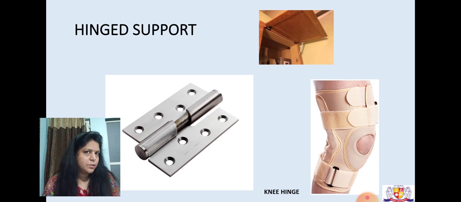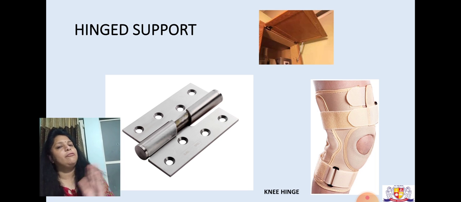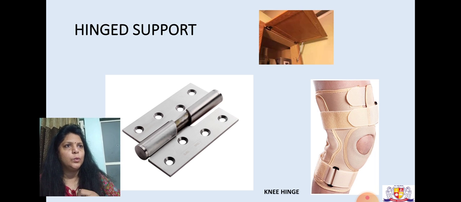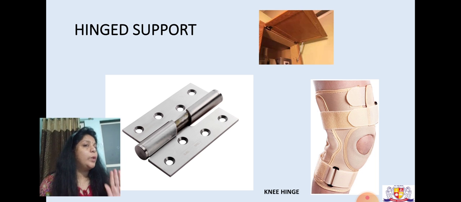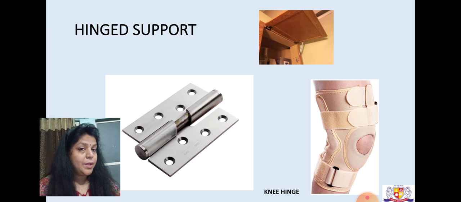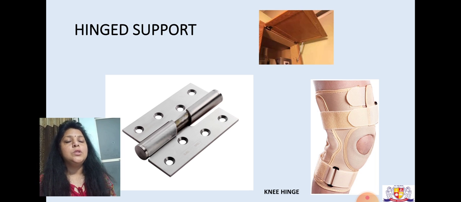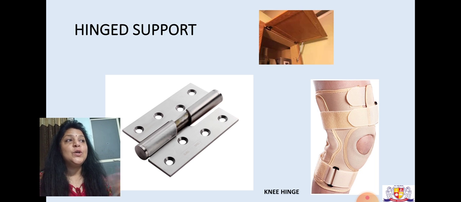Everybody has seen hinges. In your house, the windows or doors, who connects them with the frame? Hinges. Okay. Now if you open the door, does the door start walking with you? No. That means resistance to which motion? Horizontal. Does the door try to move in the vertical direction? No. So resistance to the motion in which direction? Vertical. But when you open the door, what will happen? It will rotate. Right? So there is no resistance to the rotation.